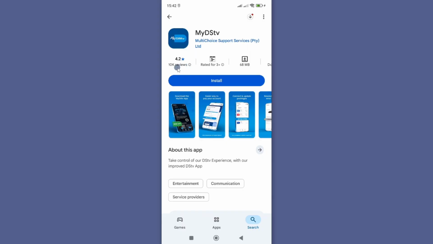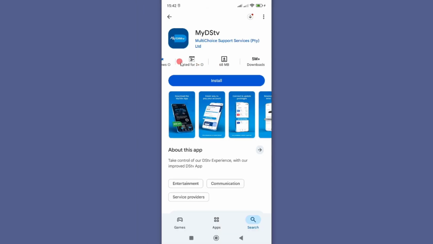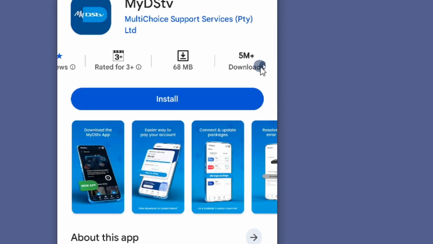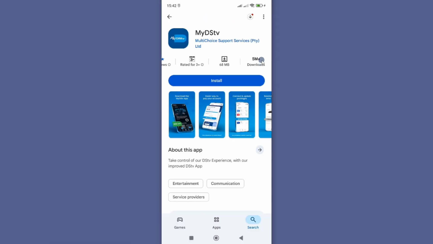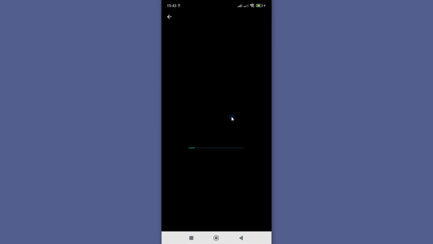Limited. And at the time of recording this app had a star rating of 4.2 with over 10,000 reviews. And another data you need to look for is the number of downloads. Currently, this app has over 5 million downloads. By the time you are watching this data might have changed. So you have to put this in mind. And the average size is 68 MBs. If you see this data, then you'll know that you have the right app, and this is the current logo